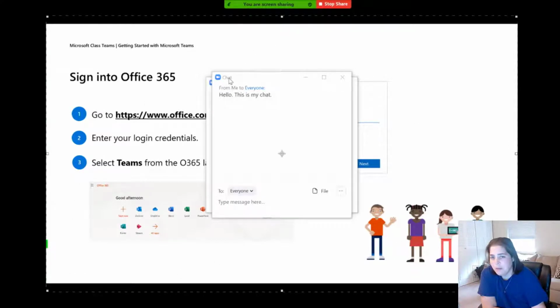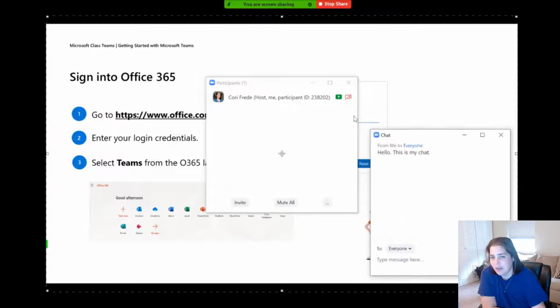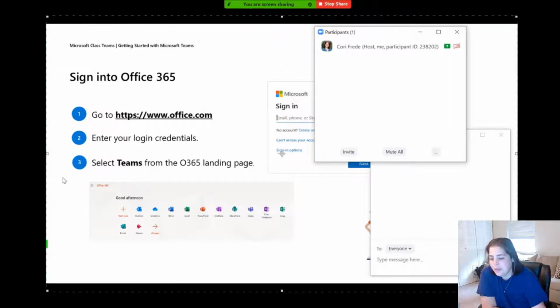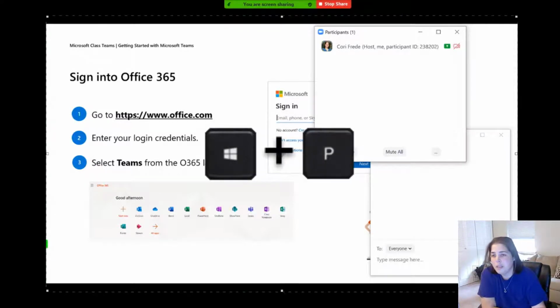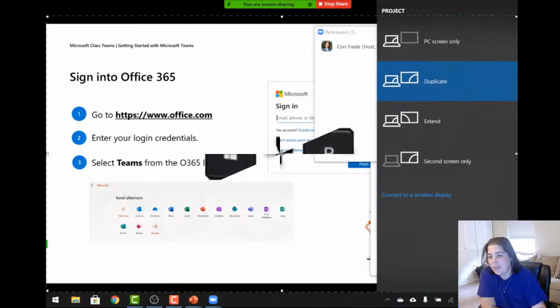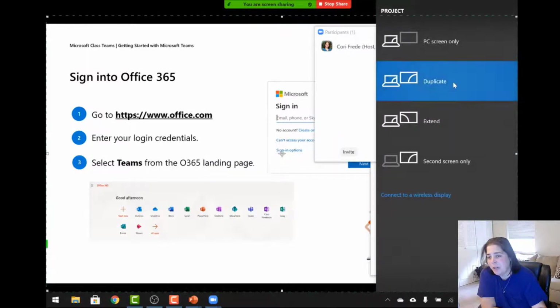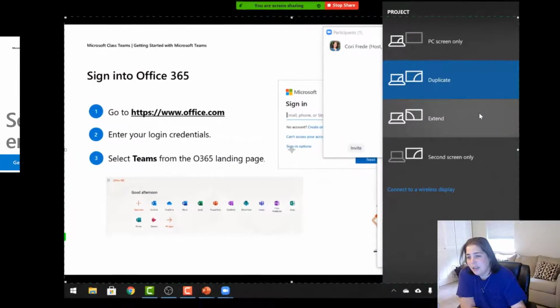So the first problem is, how do you as the teacher see everything? If you have a television or a second computer monitor, this is where you're golden. All you need is an HDMI cable to connect your computer to another display device. So in a PC, there's two ways to access this. The first is the Windows key and the letter P. It's going to pull up a sidebar, and you'll notice that when you have a second monitor attached, you'll have an option called Extend. Click Extend,